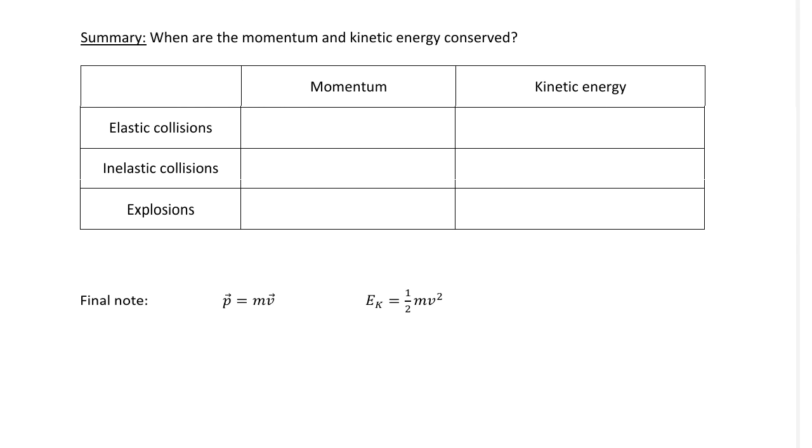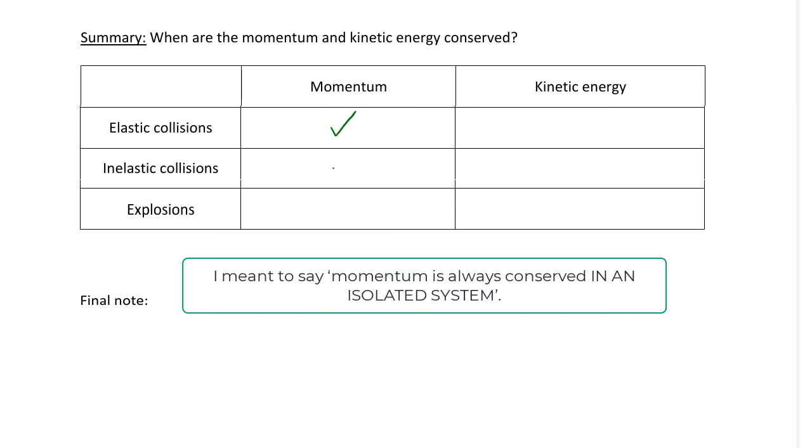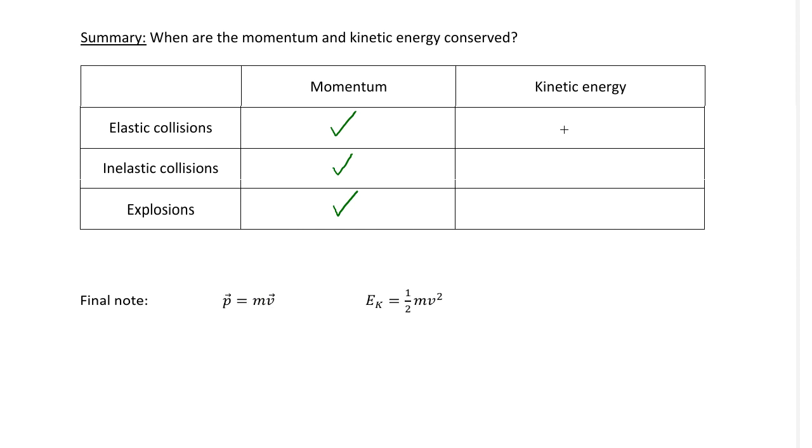So momentum is always conserved, whether we are talking about elastic or inelastic collisions or explosions. Kinetic energy is only conserved in elastic collisions, but it is not conserved in inelastic collisions or explosions. One last thing to note, if you take a look at our formulas for momentum and for kinetic energy, we can derive one more. If I square both sides of the